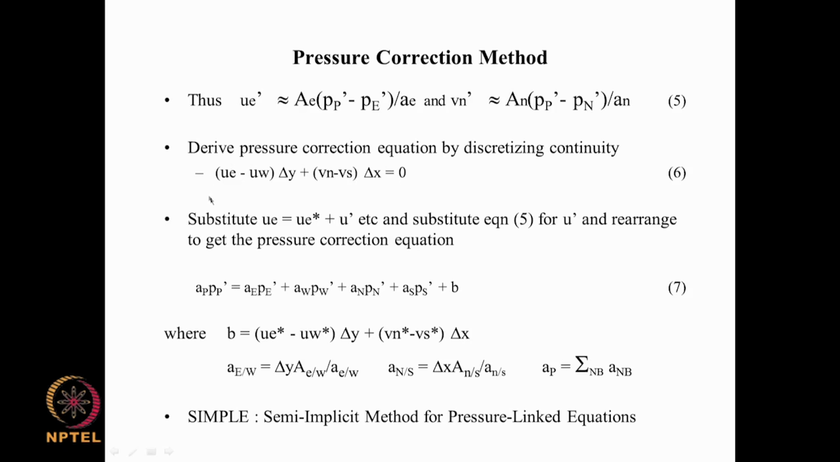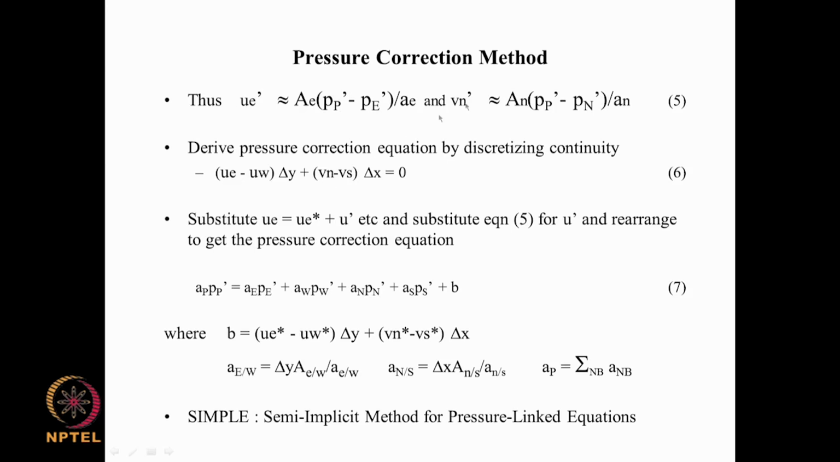Okay. So now we already know what this u prime is, roughly, in terms of p prime and pressure corrections. So we substitute u e prime equal to a e times p prime small p minus p prime capital E by small a e. Now, all these coefficients are known from the geometry, which we will see in the next lecture. We can evaluate those things, and so we can substitute all the u's with corresponding pressure correction differences,